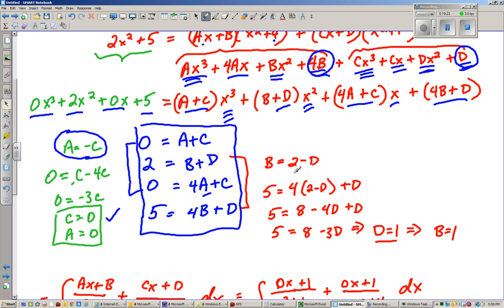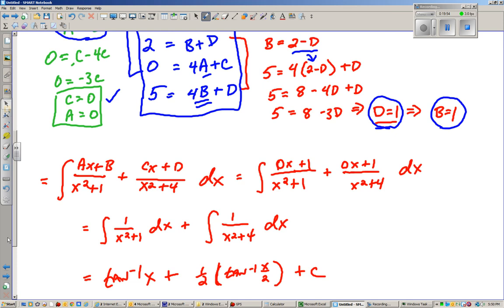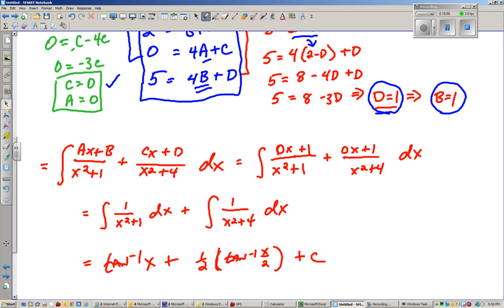If we put that into the last one, 4 times 2 minus d, in place of the b, plus the d has to equal 5, and then solve that out, and we find that, well, d has to equal 1, and then if we put it back into any one of them and solve for b, we get that b equals 1. So once again, a lot of fooling around to find out that the decomposition, when we put in our A, B, C, and D, we get this line right here,